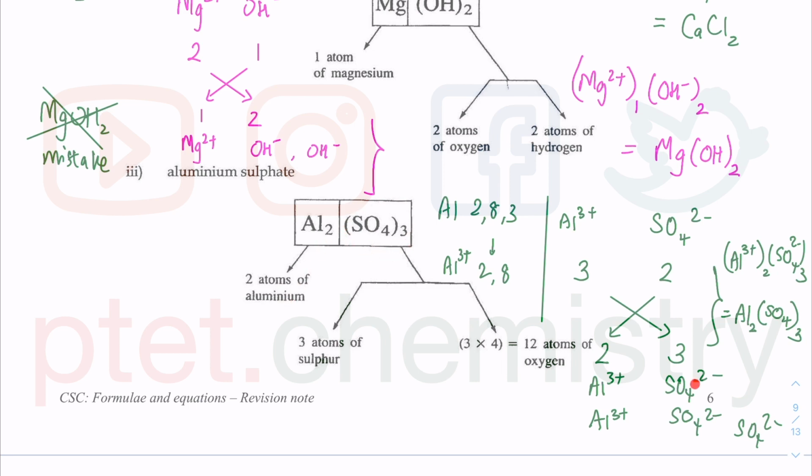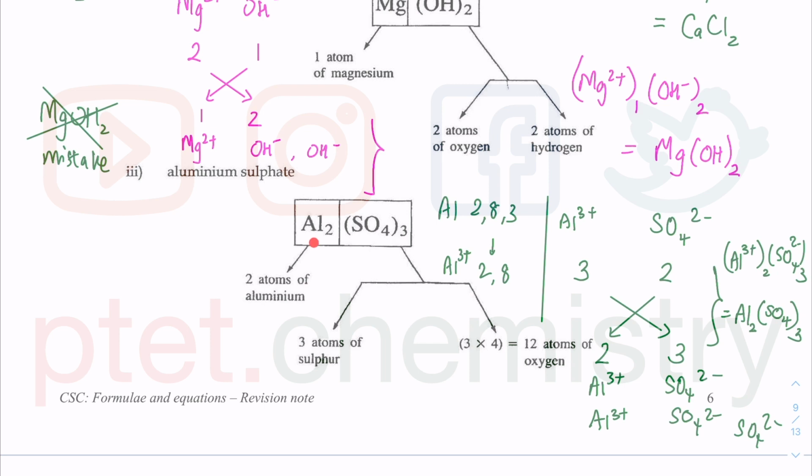I can write down sulfate, sulfate, sulfate, so I can count 1, 2, and 3 sulfur, so 3 sulfur. And there are 4 and 4 and 4, so 4 plus 4 plus 4 is 12, or you can do 4 times 3 because there are multiples of the exact same thing. 4 plus 4 plus 4, or 4 times 3, gives you 12 atoms of oxygen. These are things which you don't really need to write down all the time, but if you are a very beginner, if you are still at the stage where you can't see the use of bracket, then you need to write them down as you go along, as you will see in one of the follow-up work associated with this particular